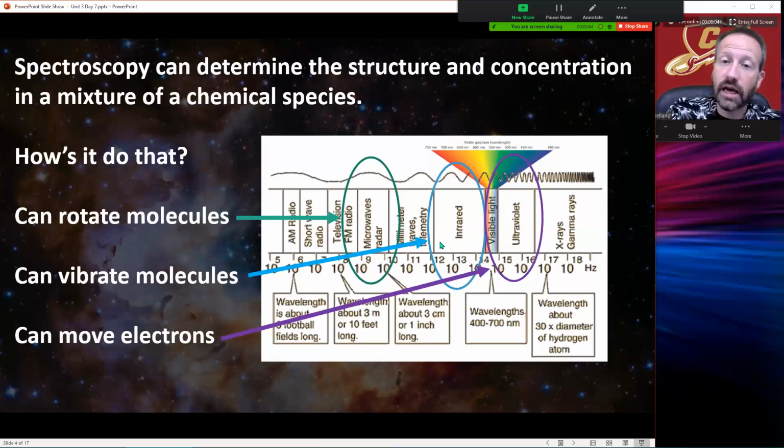Higher in energy than that, we get infrared. Now, our skin actually has heat sensors that can detect the infrared radiation. I still can't see any of this. It's all invisible, but I can detect it. It will feel hot. And when you sit at a fire